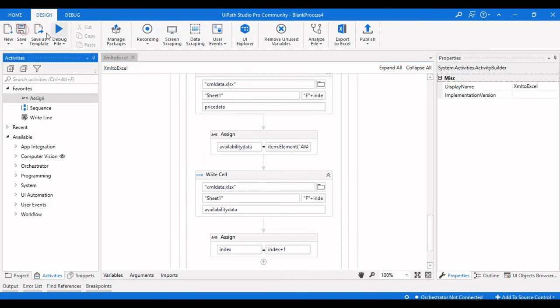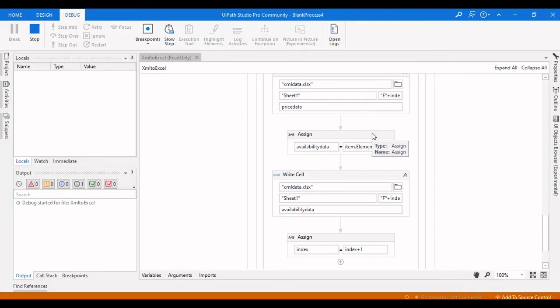Okay, then now we will run this again. So this is the data from the XML file. Now it's extracting the data from the XML file and writing that to the Excel file row-wise.